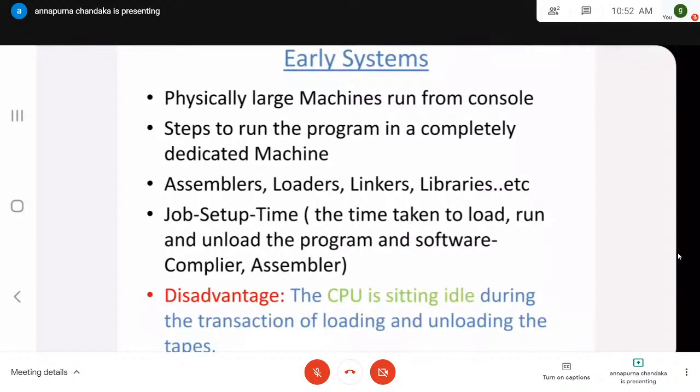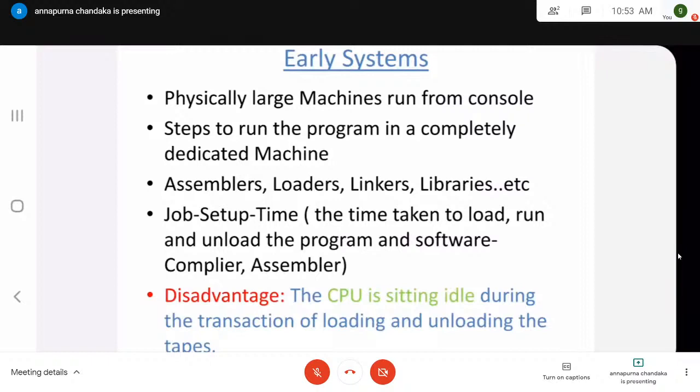Today, this all is going to be done very simply by pressing F9, or by pressing Control R. But earlier, these all activities had to be done by the user itself. During this particular process, in case any error is encountered, again you need to start from the beginning. This is how the user is going to run the programs in this stage.